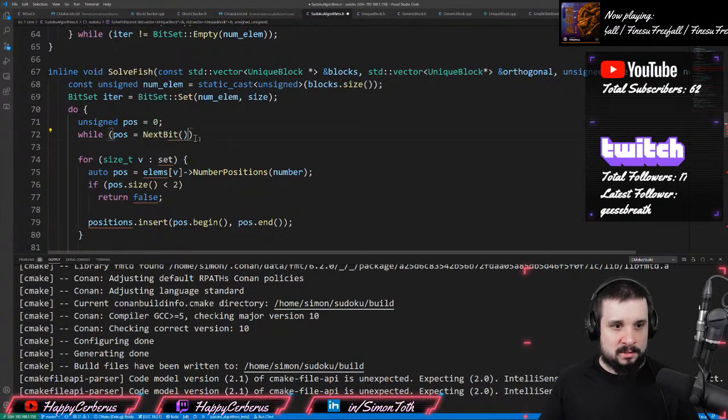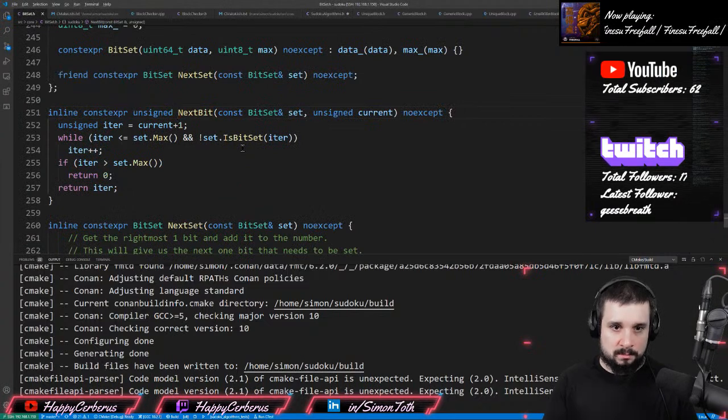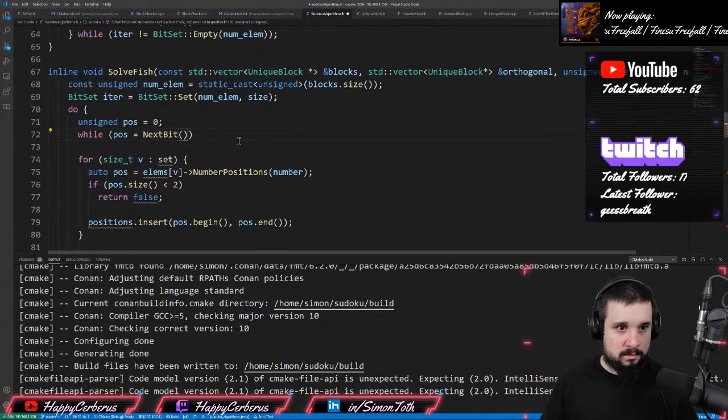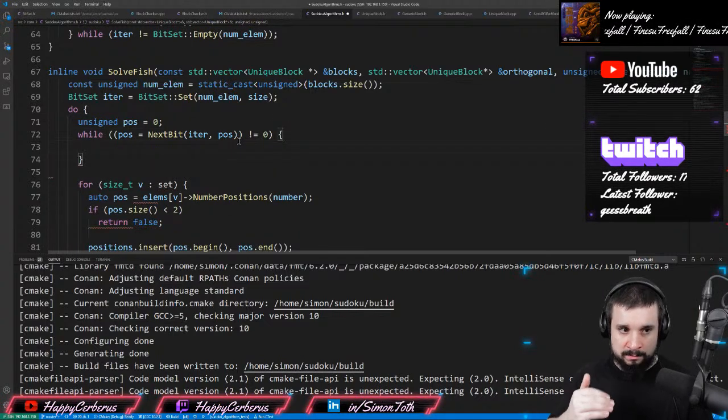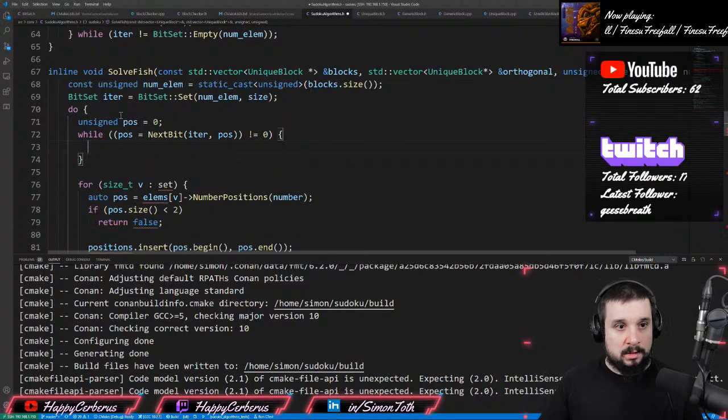Right. So next bit from iter, it takes a bit set and the current, right? So from iter with position. So while this is not 0, that's what we want to loop. So again, this will just iterate over all the bits set in the bit set, and since the bit set represents a group of rows or columns, basically group of blocks, then what all we basically do here is just